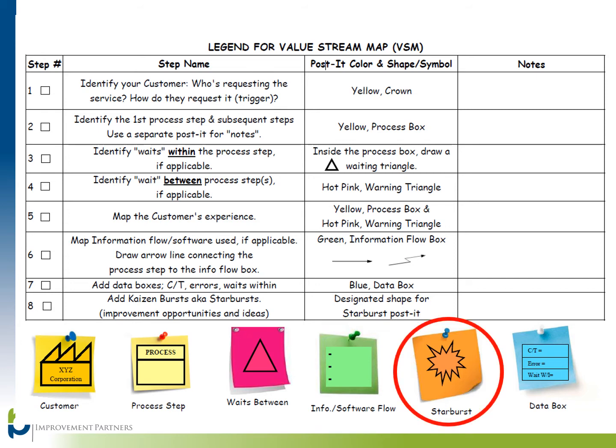Starburst or Kaizen burst represent improvement ideas. These ideas are intended to counter problems identified during the gimbal walk. Starbursts are placed near the process step that they impact. Data box or block records information such as cycle time, the amount of time one step takes, error rates, work